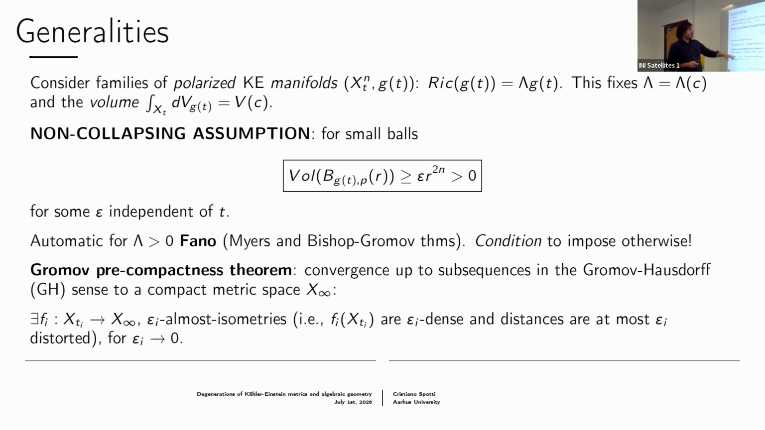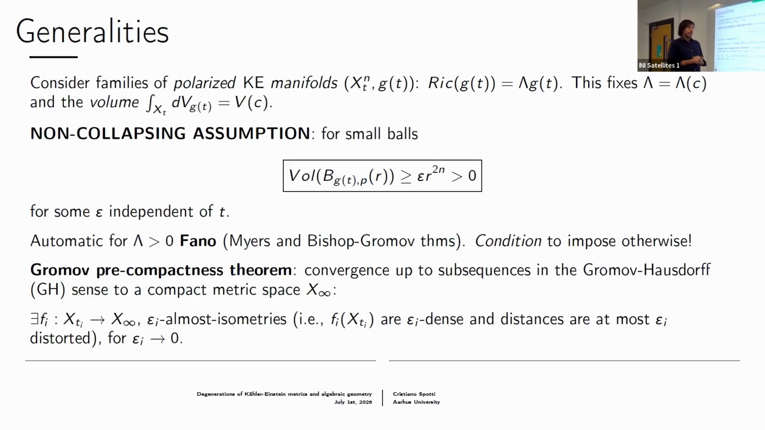And this condition is actually automatic if we assume that the value of the Einstein constant, the cosmological constant, is positive, by standard Riemannian geometry. But otherwise, if the constant is zero or negative, it is a condition to impose. Namely, given a family, this condition is not automatically true. You will need to ask for this condition to hold. But anyhow, we are under this non-collapsing assumption, and we can